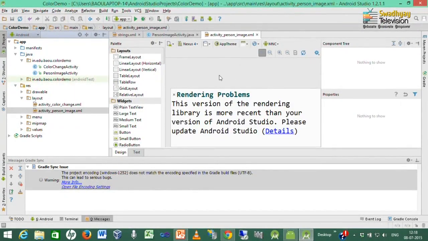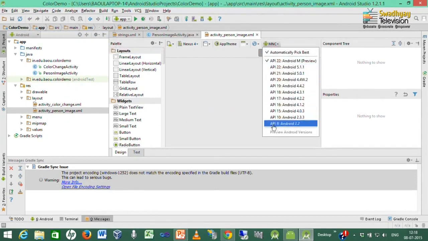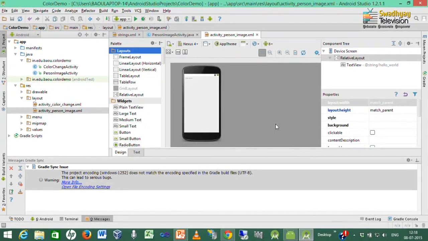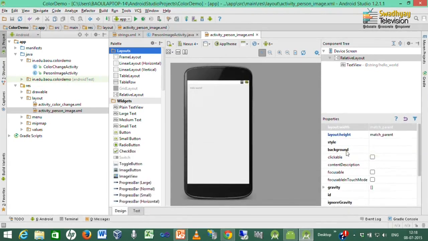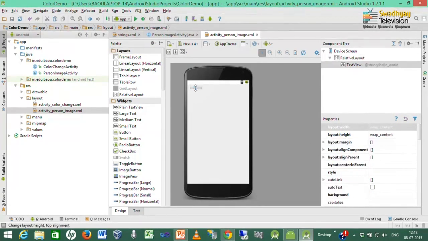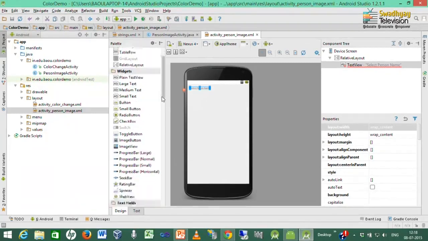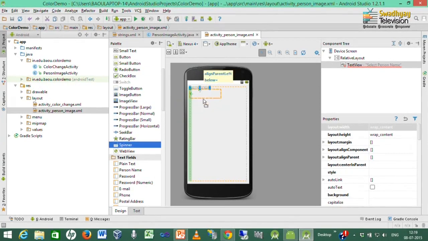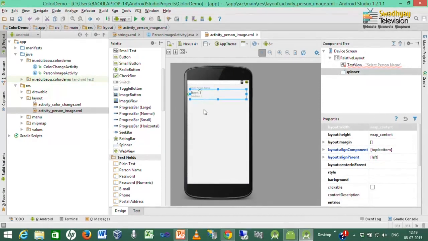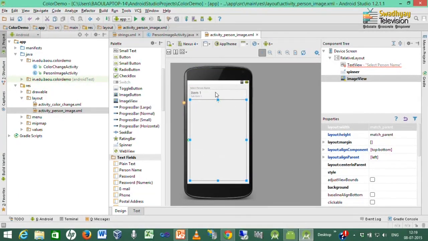So, it creates two files, one Java file and one XML file that represent the activity and our interface respectively. I change the text view text to select person name, and then I put one spinner control to display the list of persons, and below that I declare one image view. So, our interface is ready.